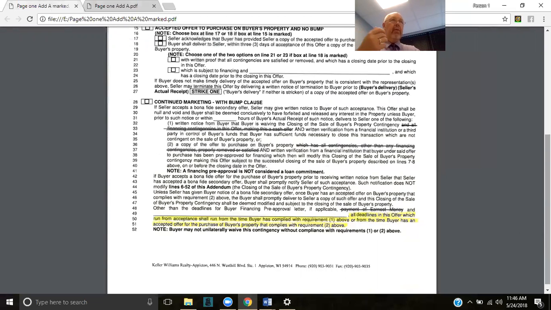But this is something that, if you want to make it more beneficial to your buyer, these are some corrections that you would make. So in the first one, I strike on lines 32 and 33 the words "and all" right here, and financing contingencies in this offer, making this a cash offer. So the way this reads is,